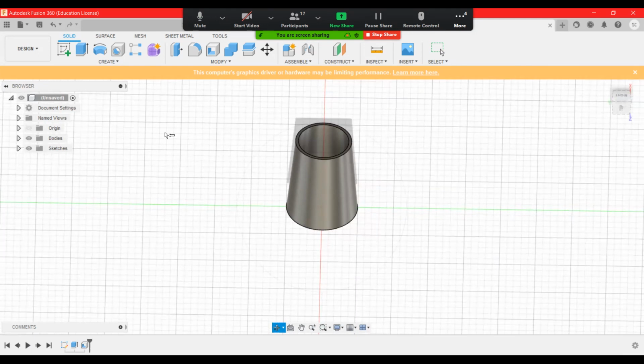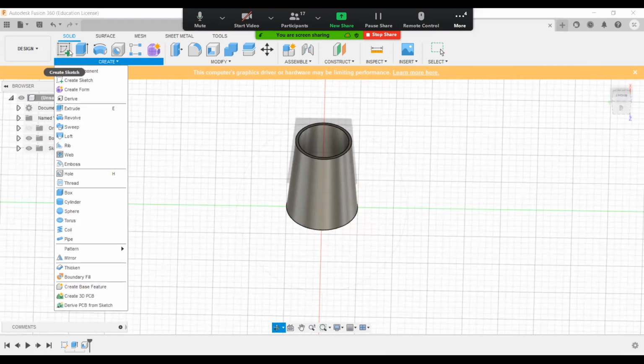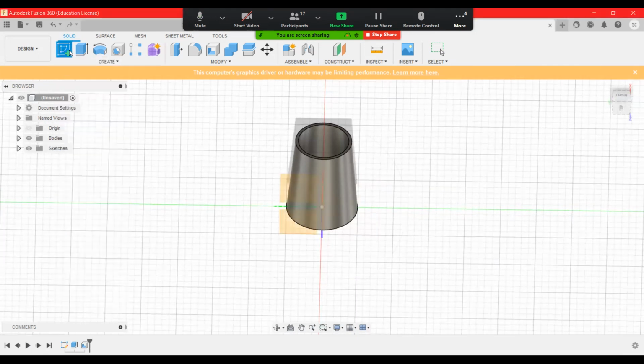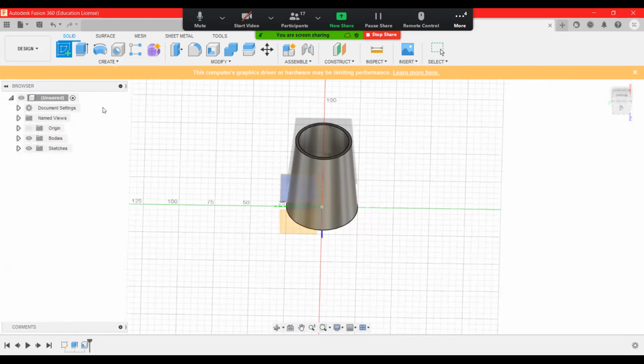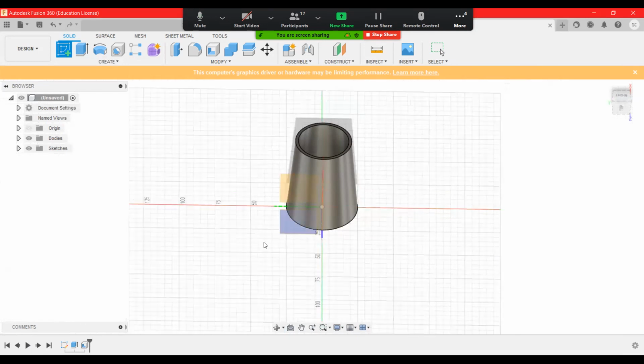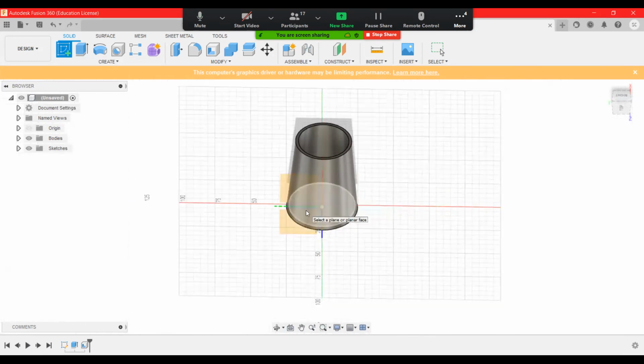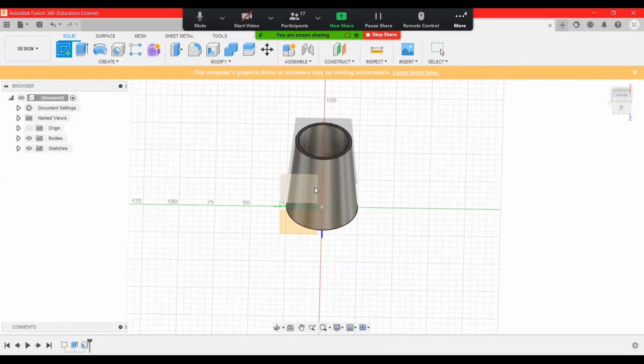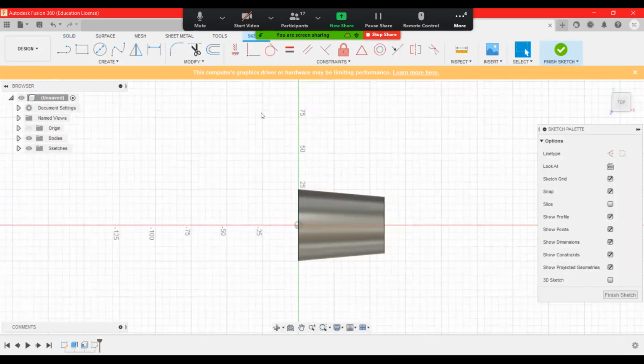And to make the handle, I'll go to sketch. Take a plane which is bisecting this solid. This one you can select, not this one. Yes, this is the correct one. Select this plane. Now you can use spline and create the shape of the handle.